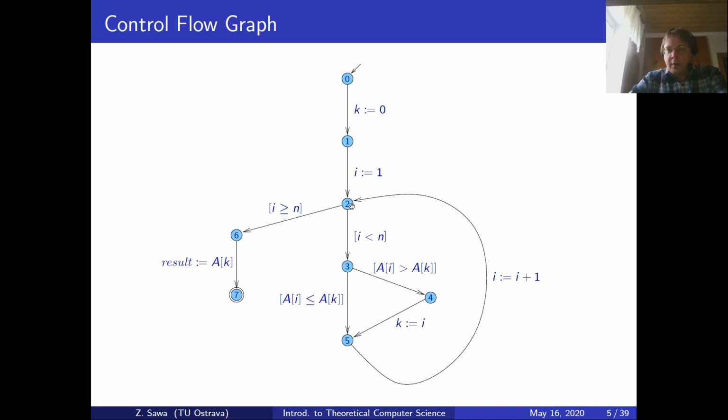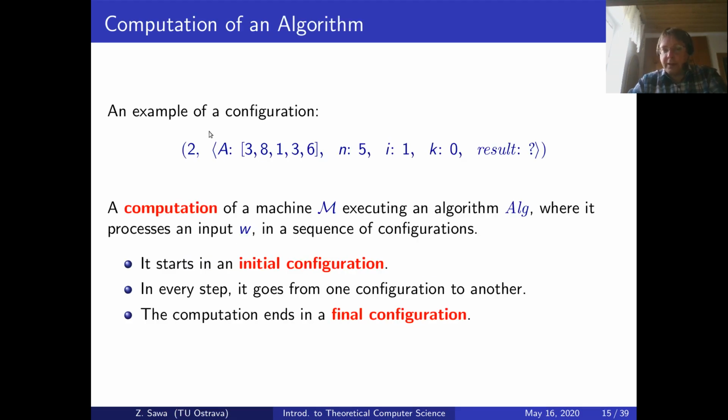So we can imagine that during the computation we can have a current configuration where the current control state is state 2, and the content of memory is like this. The values of variables are like this. So assuming we have some particular kind of machine M, and this machine executes some particular algorithm ALG, and it obtains some input data W,